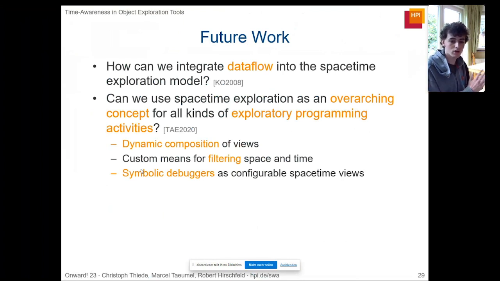So at the moment, we have combined object inspection and debugging, but we could build further features such as allowing programmers to dynamically compose different views in the inspector, or to filter the system by space and by time. And eventually we could even express an entire symbolic debugger or omniscient debugger just as a composition or combination of different space-time views,